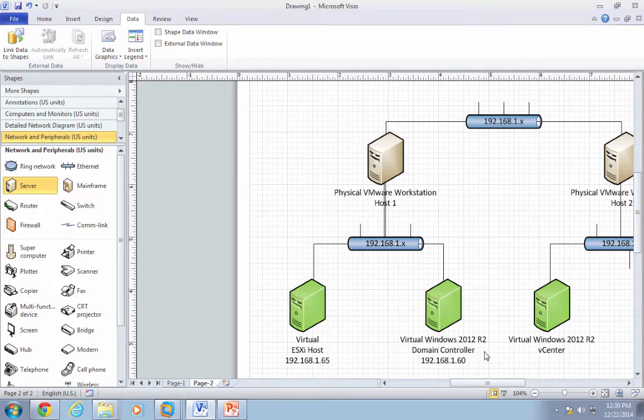We want to repeat this one more time so that we have at least one additional ESXi server. So we'll add a